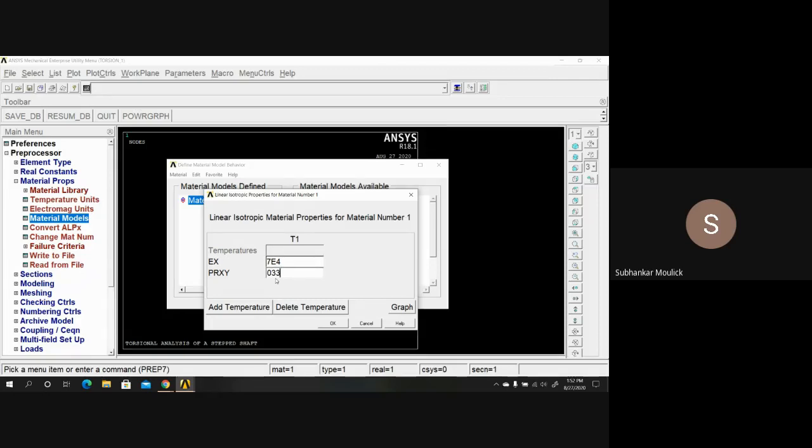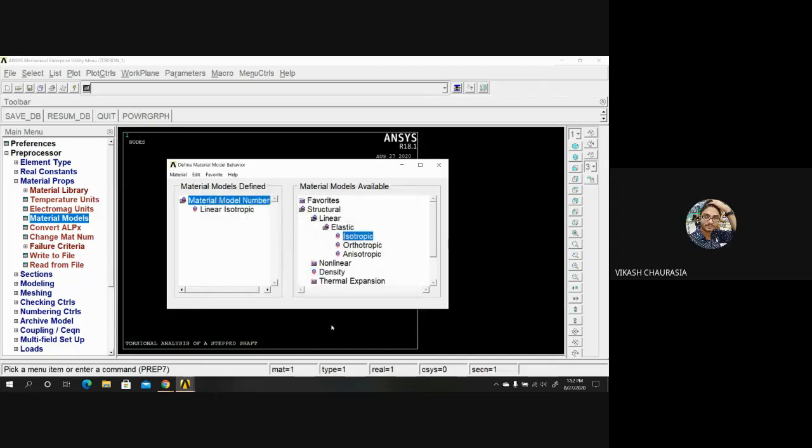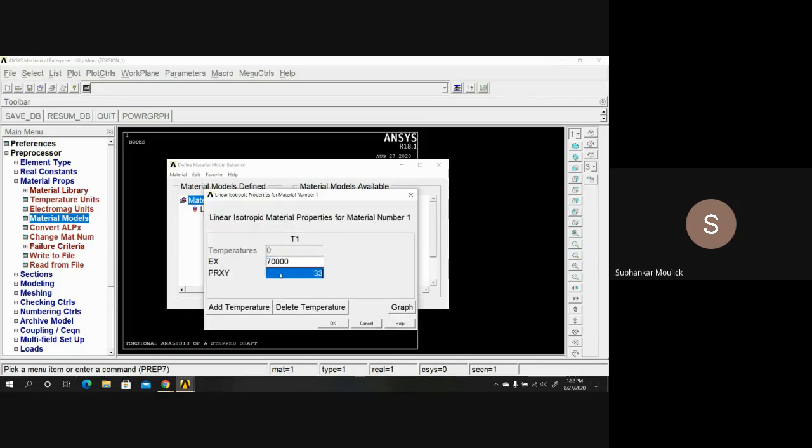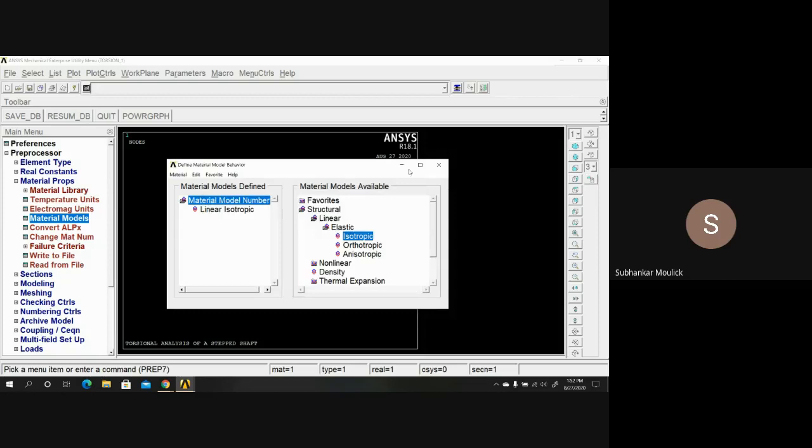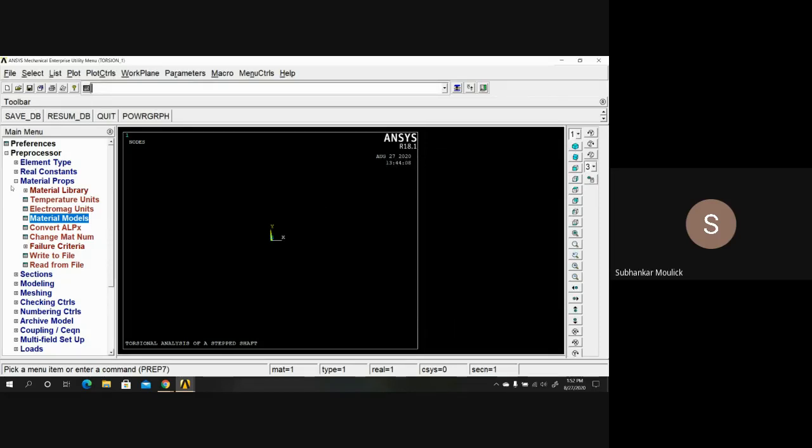Then, okay. Sir, 0.33. अरे मैंने गलत लिख दिया क्या? Okay, sorry. It is 0.33. Okay, then click on close. Okay, then close this dialog box. Okay, material property is defined. Next,